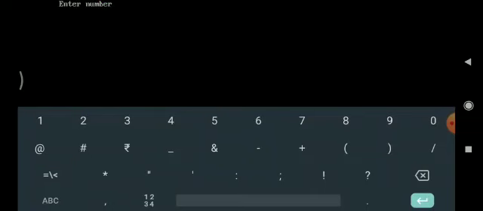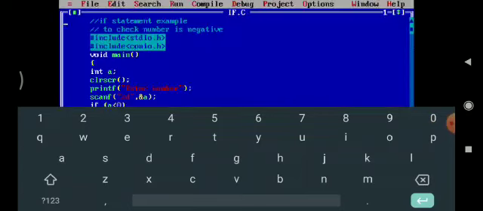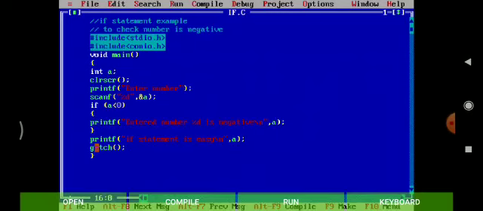Now I have entered a negative number, that is -10. Entered number is negative. Then if statement is easy. So what happened in this example?